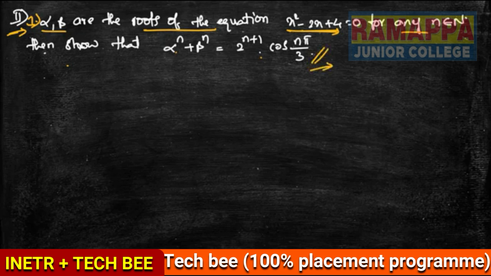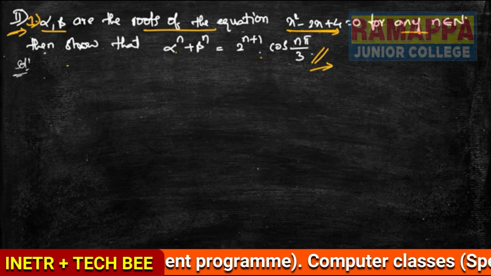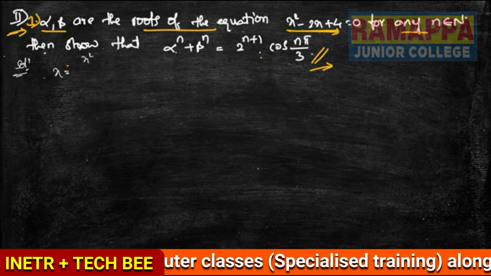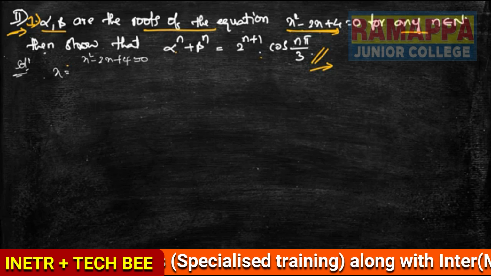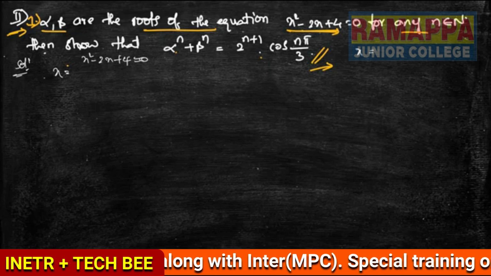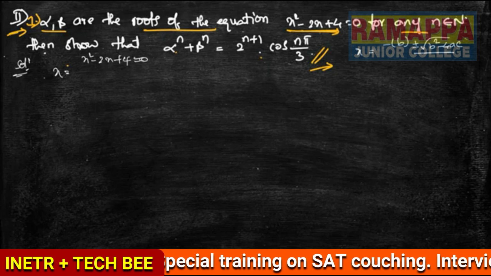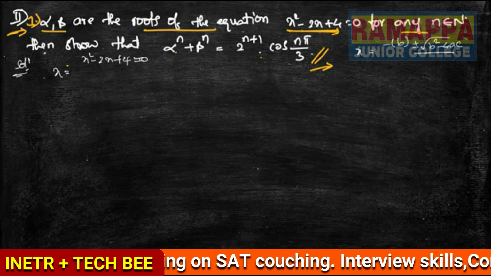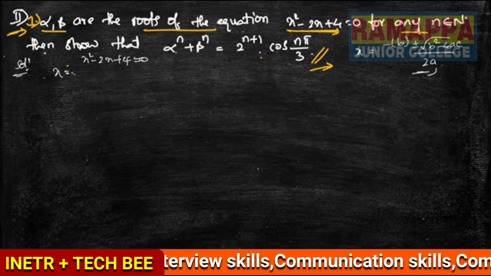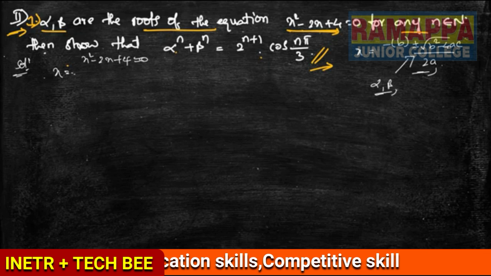Now here the solution comes like this. So here two roots come, alpha and beta. The equation is x square minus 2x plus 4 is equal to 0. So here x is equal to minus b plus or minus under root of b square minus 4ac, divided by 2a. So in this formula, two roots will come, one alpha and the next one beta. So I am doing this using this one.